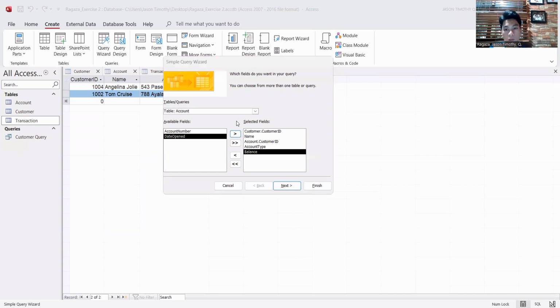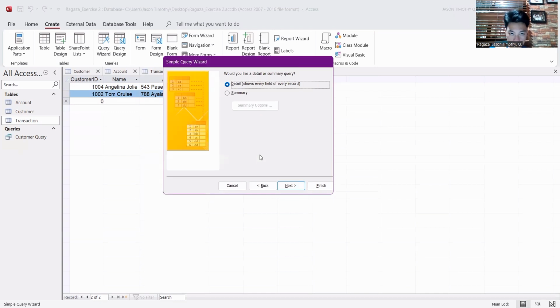Now we are going to click on next, and then we are presented with a specific option that states would you like a detail or summary query, and then presents two options, which is a detail that shows every field of record as well as the summary.